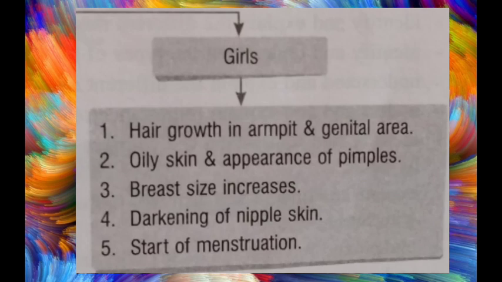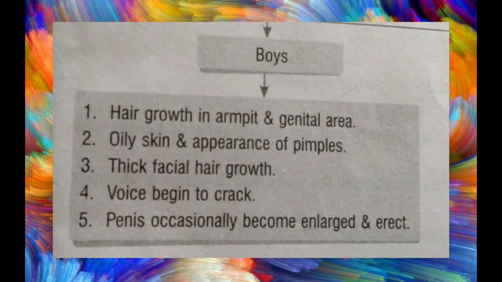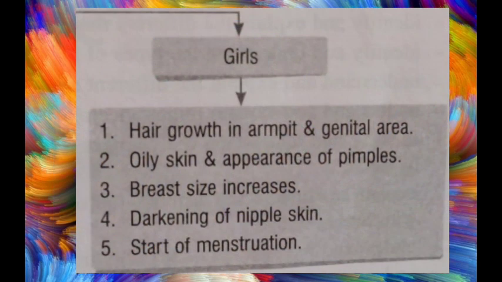Now come to the fourth part, that is in male. You see that the voice becomes very cracked, or we can say hoarse, in the male. And what is happening in the female? The darkening of the area near the breast is seen, that area also becomes darkened. Now come to the fifth point, that occasionally we can see the overall growth. This is part of the male, and another is the female part. The characters can be seen.